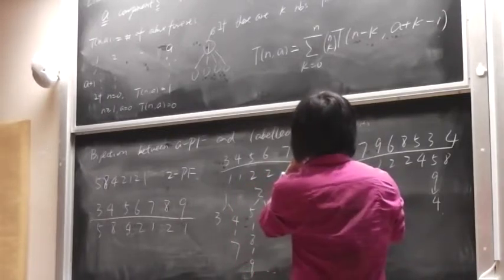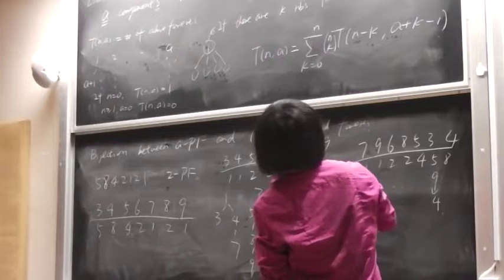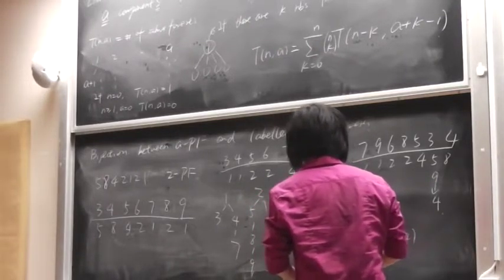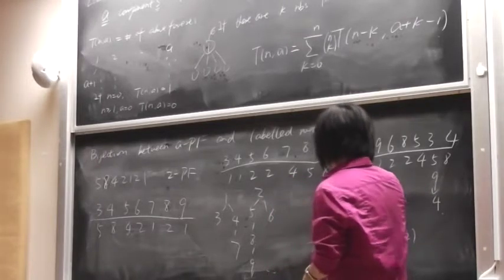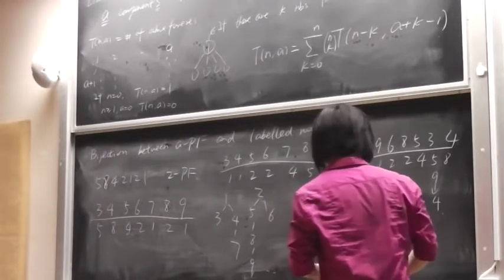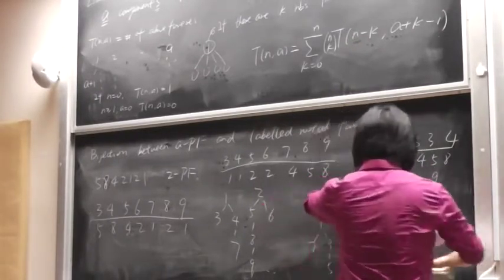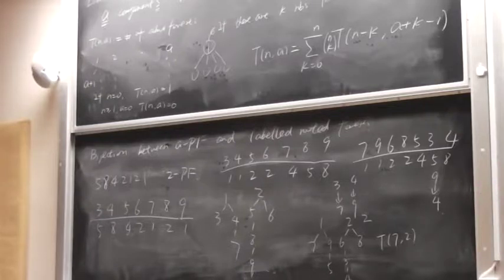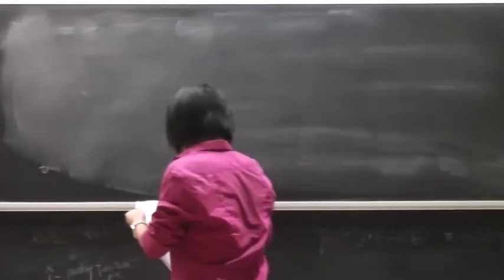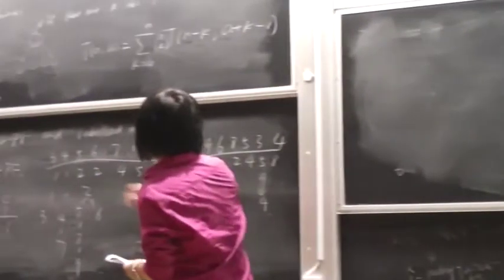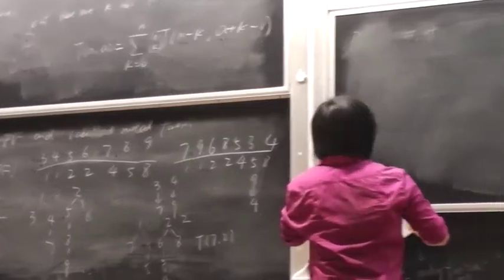So this is the tree in T7,2, because there are 2 roots and there are 7 non-rooted vertices. So from this, of course, we need to map back to the parking function. So if we already have this tree, this forest,